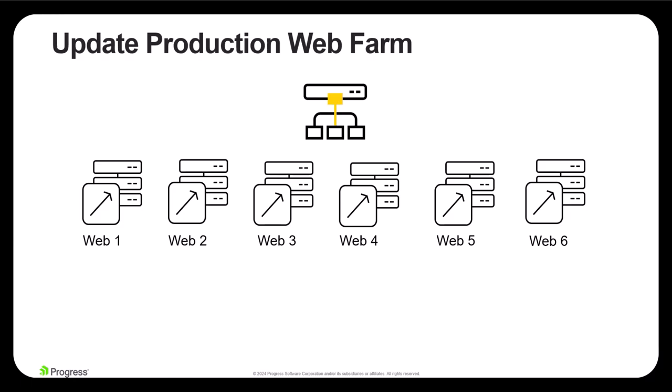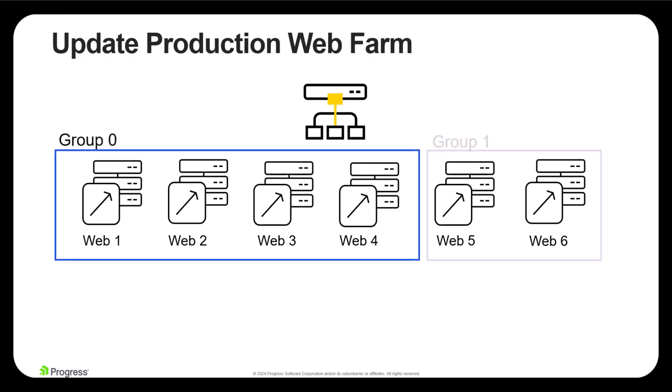Under no circumstances should there be less than 2 web servers available to provide the minimum redundancy and load for this web application. This example is a common use case where there's a quorum that must be maintained for the solution to operate. With this requirement, these 6 web servers will be divided into 2 groups within Courier, Group 0